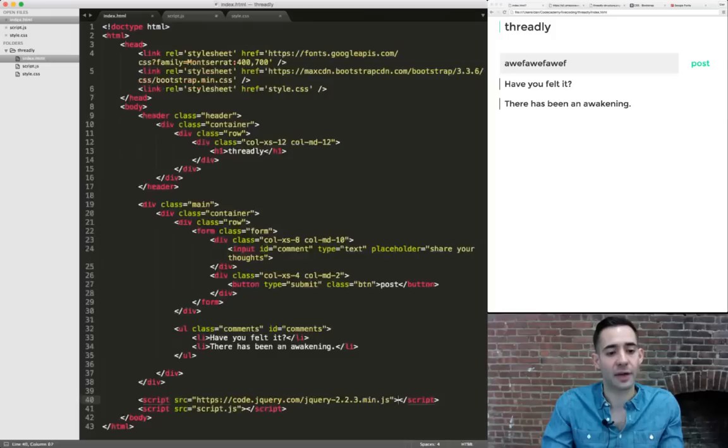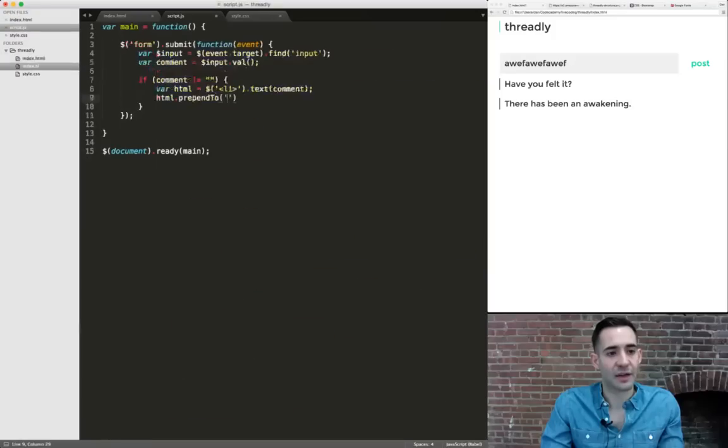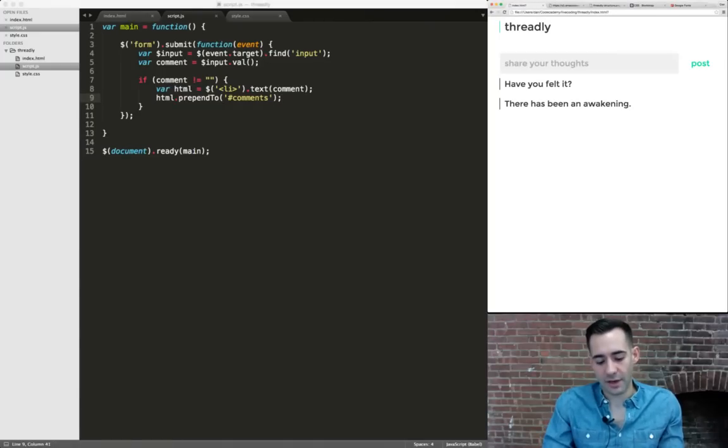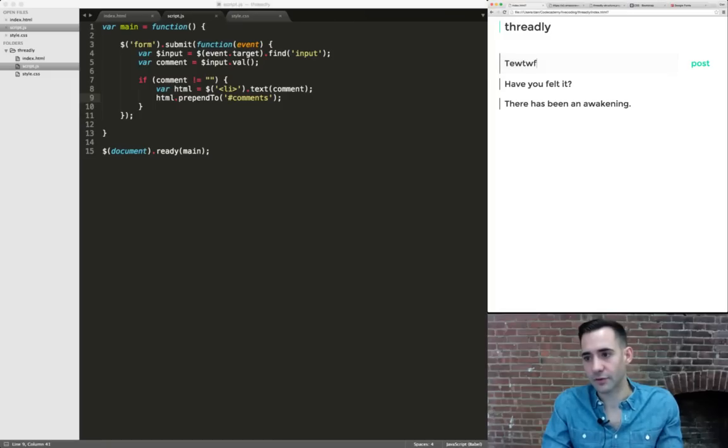If we look back in our HTML document, we gave this an ID of comments, so we can use that to select that element and set the HTML to that. So we'll do the pound sign. Pound is the way you reference the ID of an element. So we're going to prepend it to comments. Now we can see what happens if we refresh the page. If I go ahead and type some gibberish and hit post, I'm not sure if it'll show up, but you see a little flash down below,